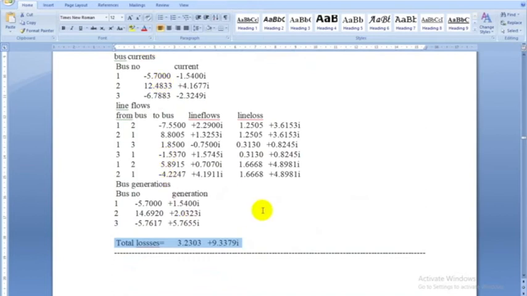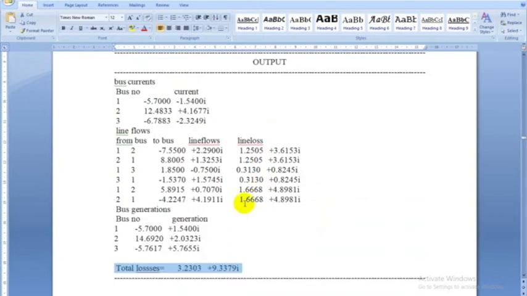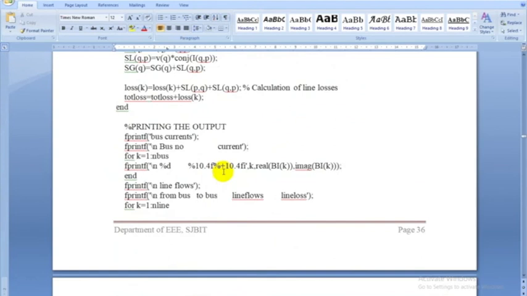Otherwise, how will the user understand? If it is like this, one can easily understand. If you jumble all the values together, how do we analyze the result? You cannot. That's why it should come systematically, no? That's why we have to write it.